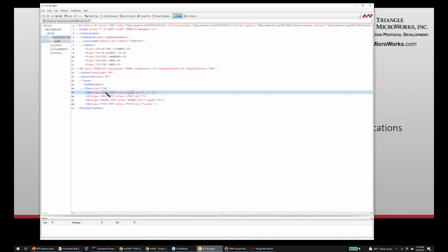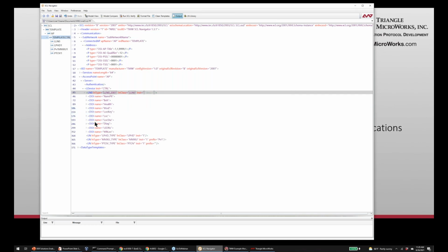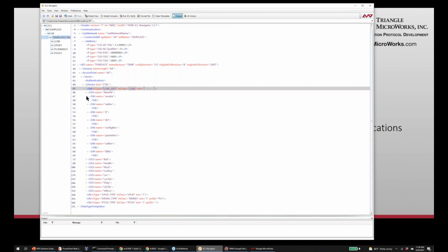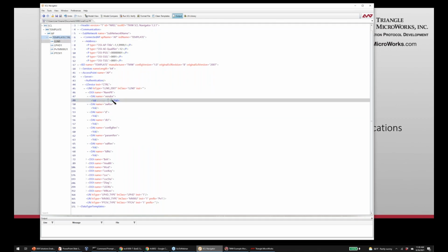If I need any instance data in a model, the model structure comes out of those type templates, but if I need to pre-configure anything in here, I have a tool that adds the instance data here, as we have to build out the whole tree. And if I need to come in here and add any information in my model, for instance, a nameplate, I can come in here, my vendor, say this belongs to NREL.